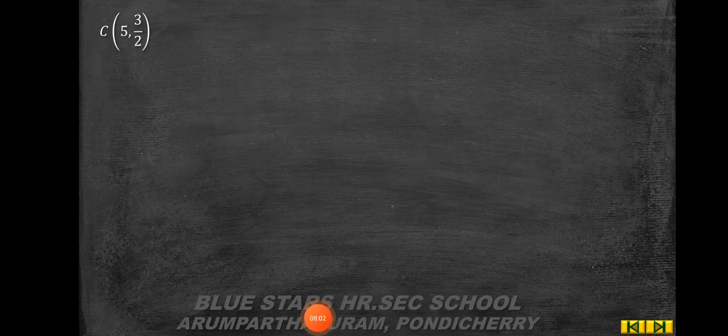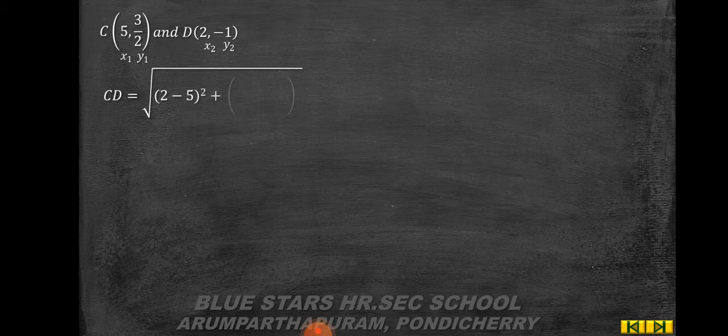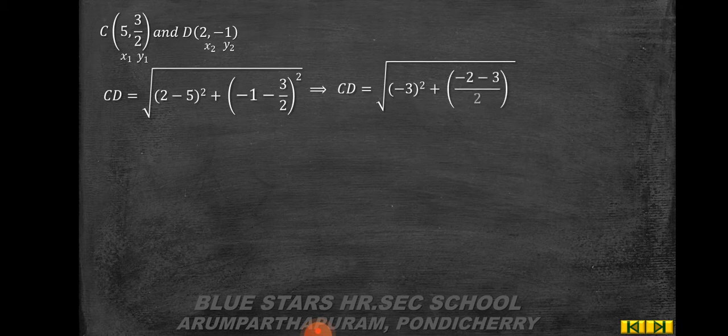The coordinate of C is 5 comma 3 by 2 and D is 2 comma minus 1. You just mark the points x1 y1 and x2 y2. Therefore, distance of CD is equal to root of (2 minus 5) the whole square plus (minus 1 minus 3 by 2) the whole square, which implies CD is equal to root of (2 minus 5 is minus 3) the whole square plus cross multiplication. So 2 into minus 1 is minus 2 minus 3 by 2 the whole square,